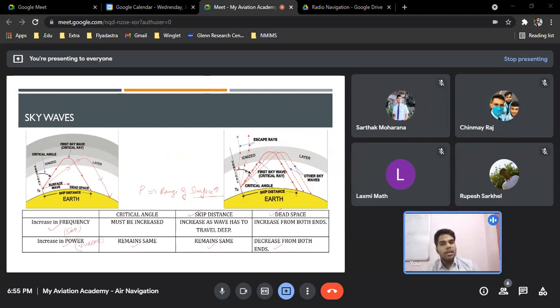And these are the types of questions it asks. The DGCA will ask you when the dead space increases or decreases. You have to remember all this in your mind, then only you'll be able to derive this column. Let me know if you have any doubts in this. This will easily fetch you 1 mark in the exam. All right, no questions. Let's move on.